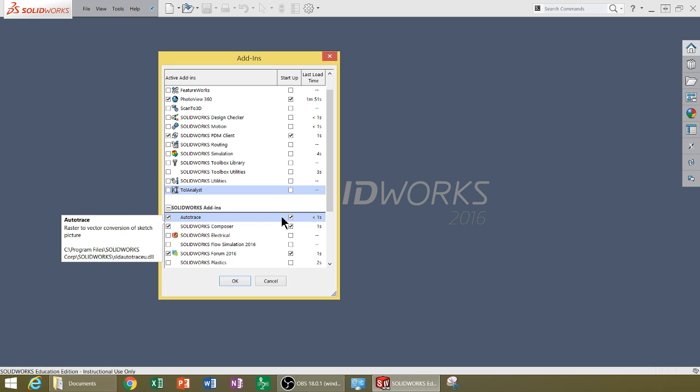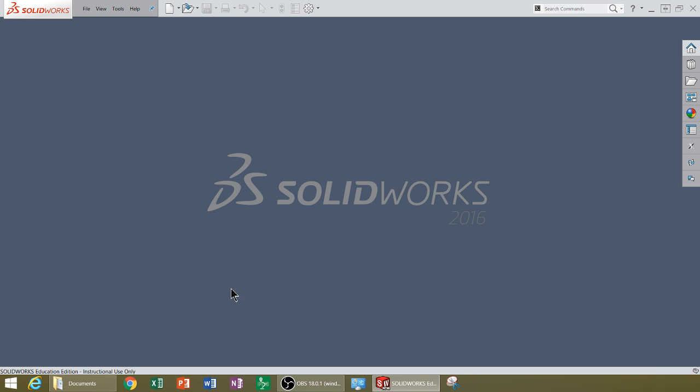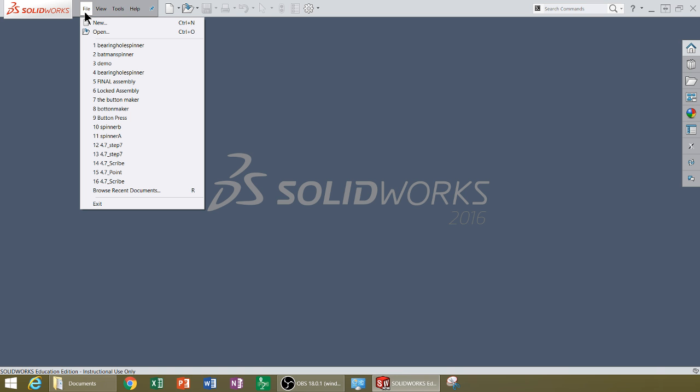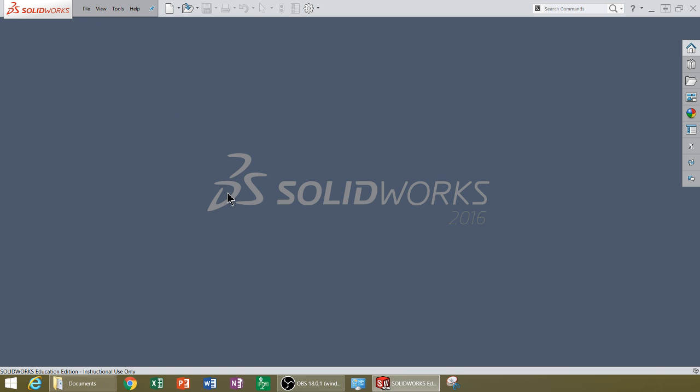You can turn it on at startup, or you could just turn it on as an active add-in. But I'd recommend you turn it on at startup. It's a useful add-in to have on. So I select this checkbox and then go OK. Now when I have that selected, what I can do is